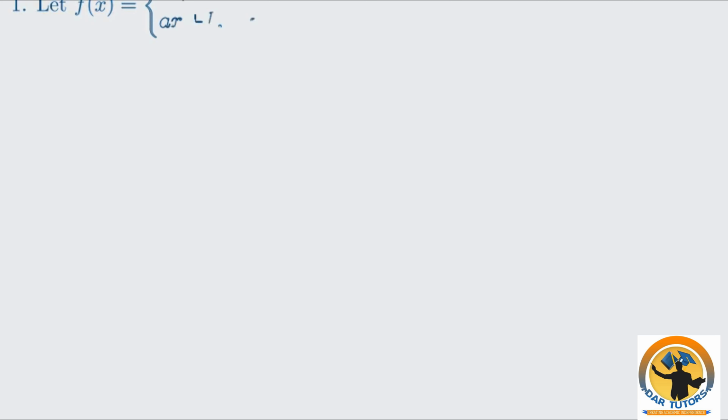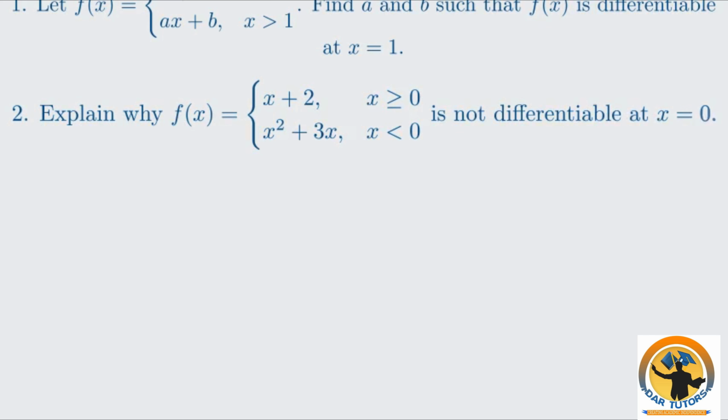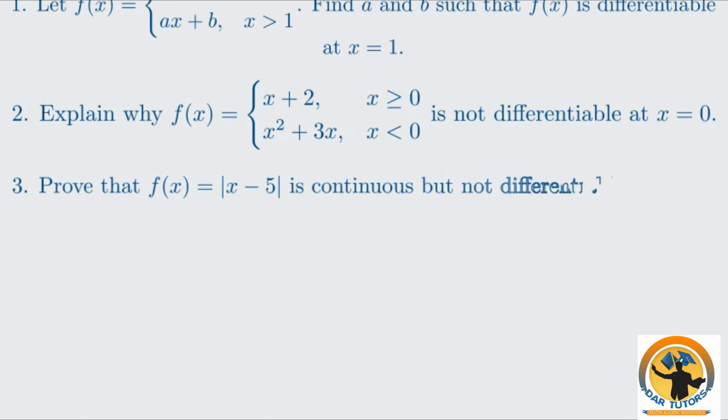Question 1 asks you to find the values of a and b that make a piecewise function differentiable at x equals 1. Question 2 asks you to explain why another piecewise function is not differentiable at x equals 0. Question 3 is a proof that the absolute value of x minus 5 is continuous but not differentiable at x